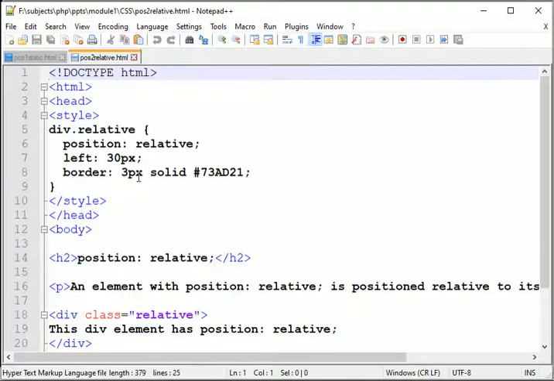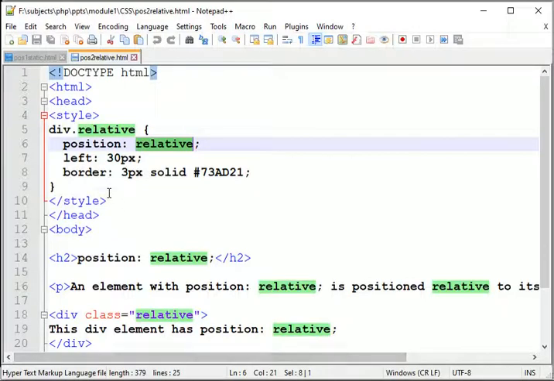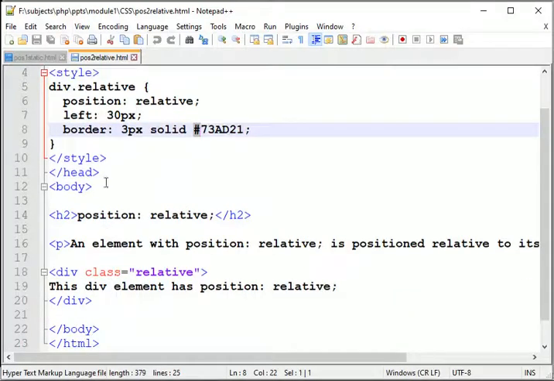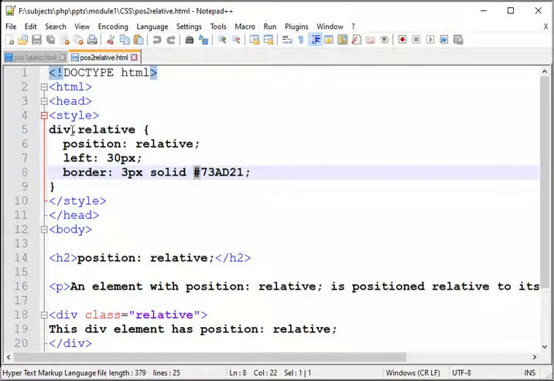relative. For relative positioning, we use the property value relative. Then you can set float left or right, border, and color according to your choice. Here we have a class relative.